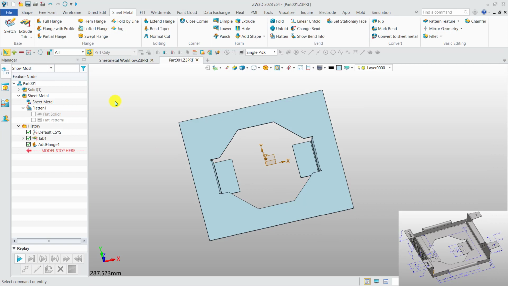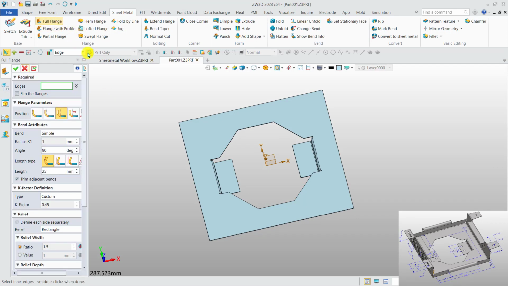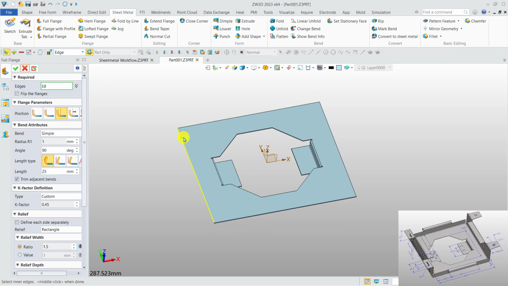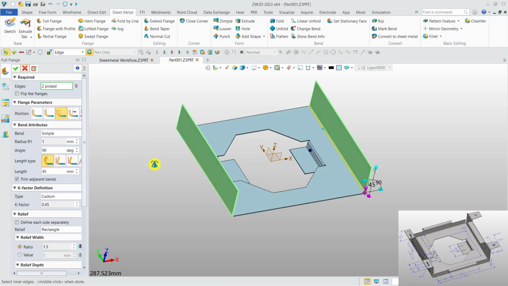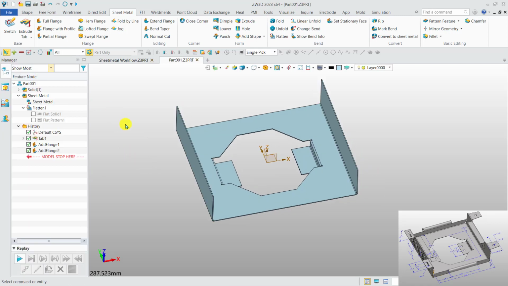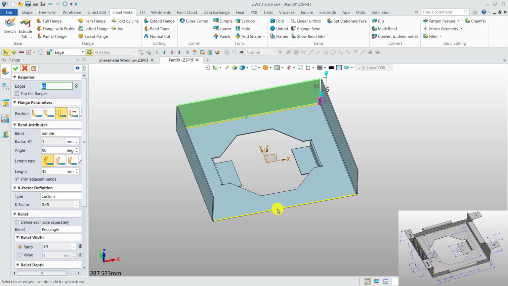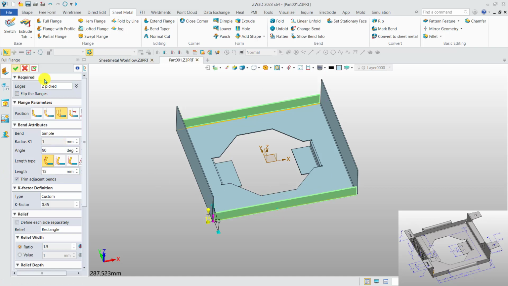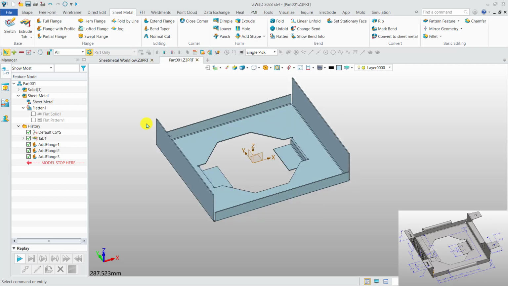Okay, and next we need to create another full flange for the side faces. Okay, so that is 2 and the length 45. Okay, and continue. We need to create another full flange. Also the length will make it shorter, 15. Okay, and continue. We need to make